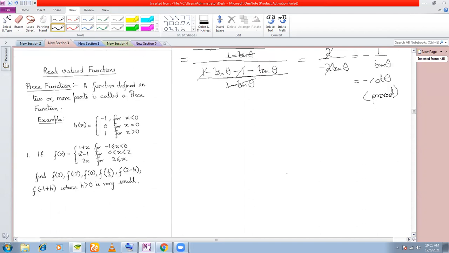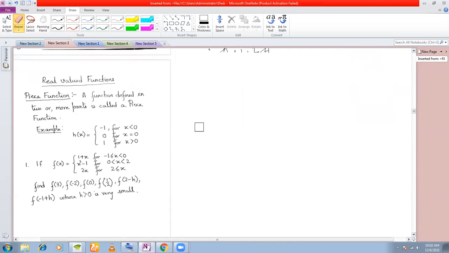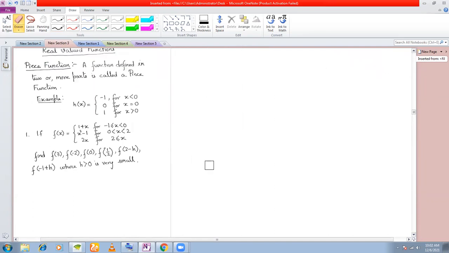Okay. Now we are going into the classification of functions. Broadly, the types of functions I have already explained: injective, surjective, and bijective. Now we are going into the classification of functions which we are going to use in our calculus. The first type of function that we mostly use in calculus is called the piece function, which we have already somewhat dealt with earlier also. And I had also, I think, mentioned the name to you, piece function. Okay, so let's see what a piece function is.